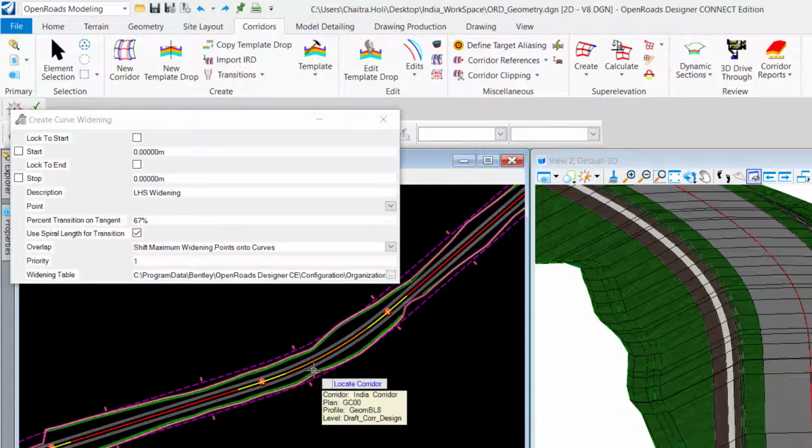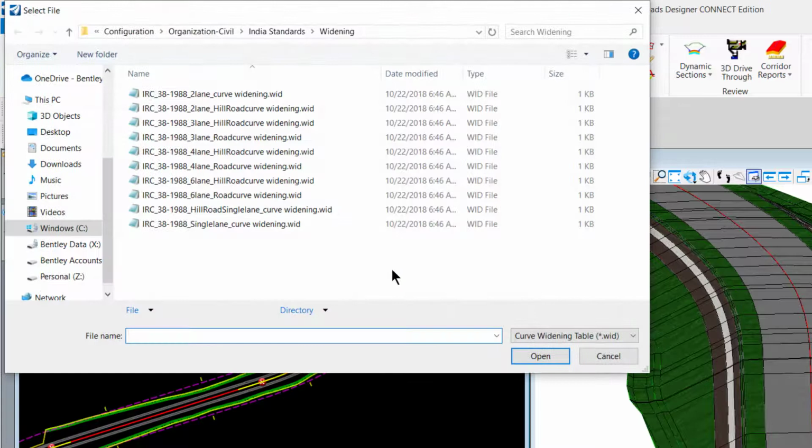Before we proceed in applying the curve widening to the corridor, let us know what all widen files are available as per the IRC. For that, under this Create Widening tool dialog box, under the Widening Table tab, I'll just browse this.